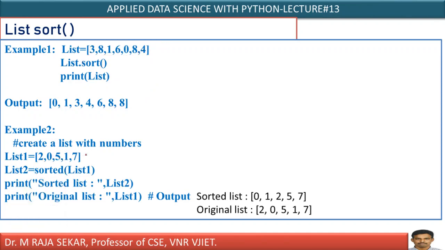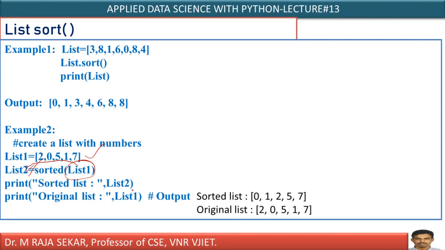Whereas let me discuss another example. I have list one, this one. Sorted of list one means what? In the earlier function it was sort, now it is sorted. All the elements of this particular list will be sorted and that will be returned, and I am collecting that sorted element in list 2, but the original list remains same. This function will not change the contents of an original list. It returns sorted elements and I am collecting them in list 2.